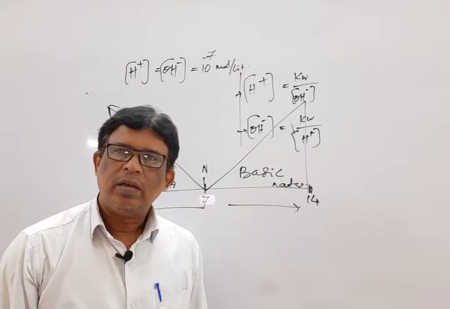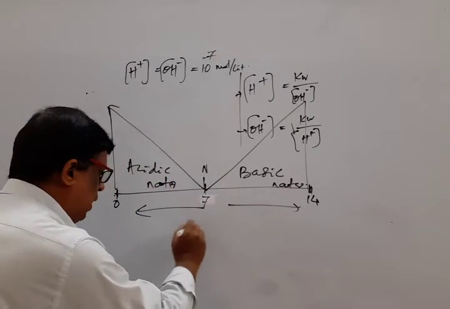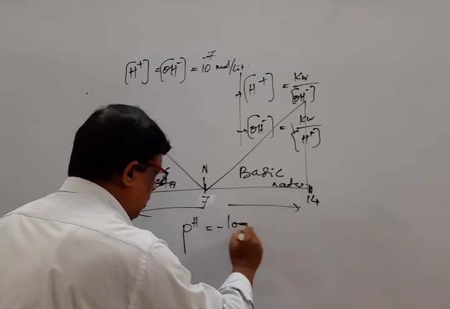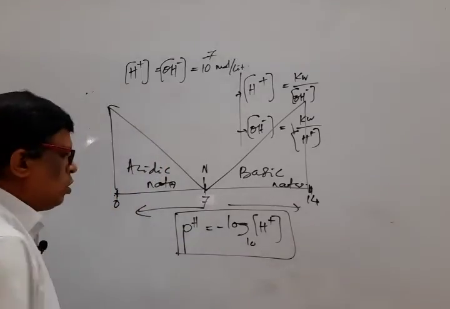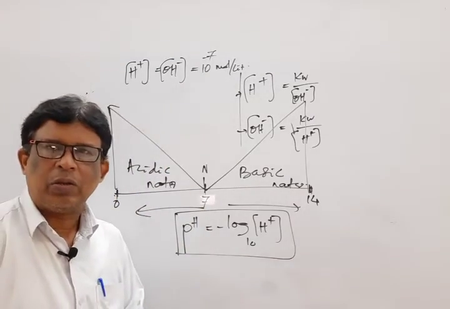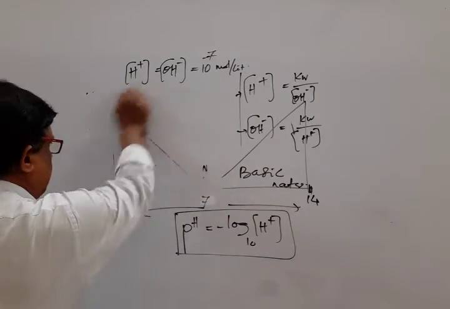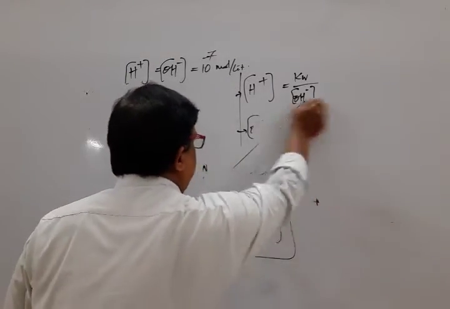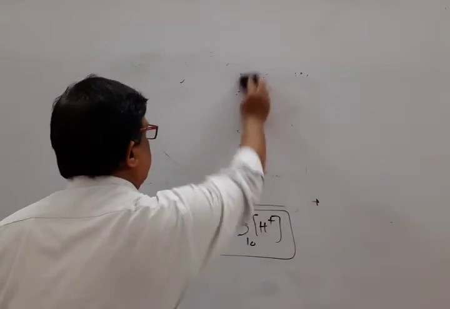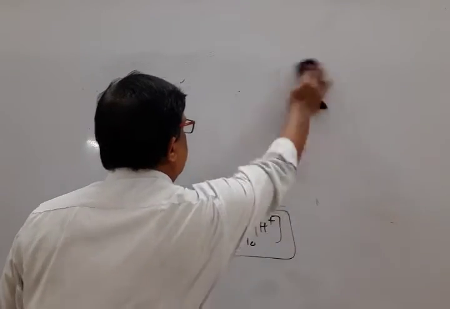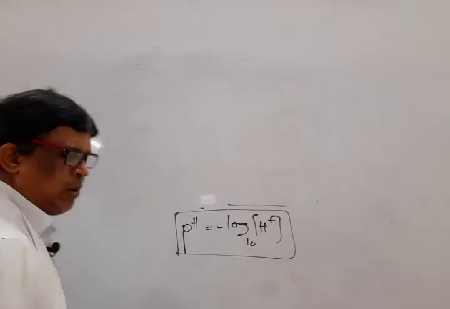Next, the formula to calculate pH. What is pH? pH is equal to negative logarithm of H plus ion concentration. So before going to pH, another factor is also there. How does temperature affect the ionic product of water? Mark that. We know that ionic product of water, that is Kw, is equal to the product of molar concentration of H plus ion and OH minus ion.